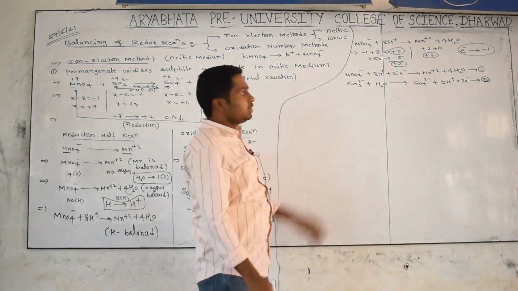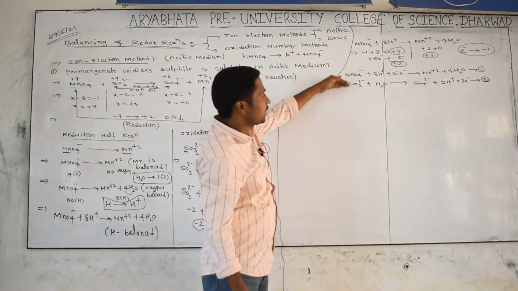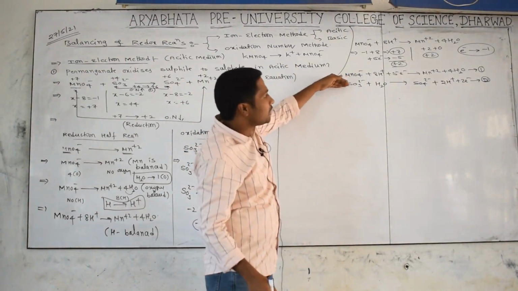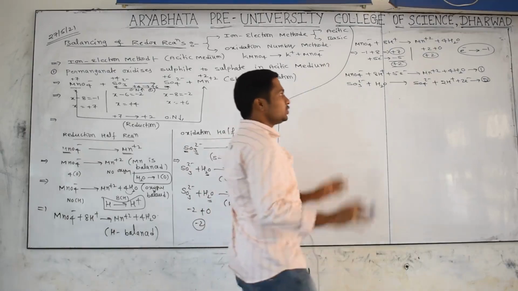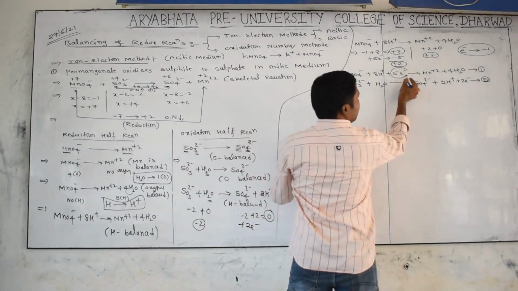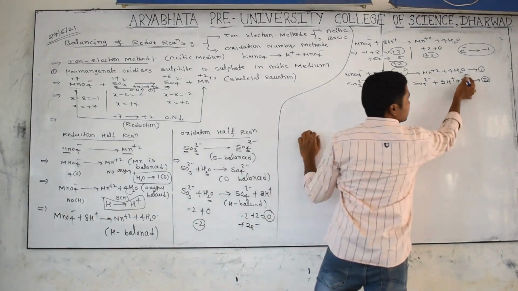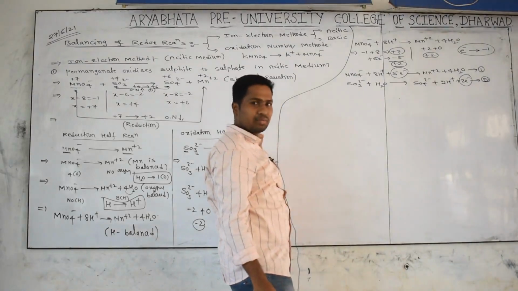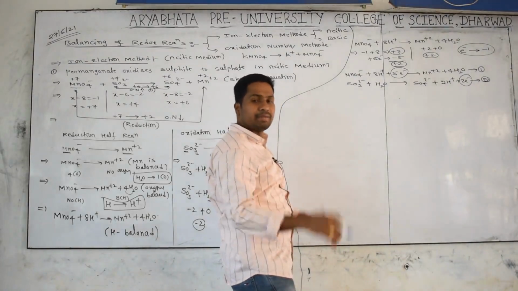Okay, now this is the half reaction, and this is the half reaction. We have to club them, then we get the whole reaction. Before that, one thing has to be done. In the reduction, how many electrons are consumed? In the oxidation we should get the same number of electrons. Is it equal right now? No, but I have to equalize it.